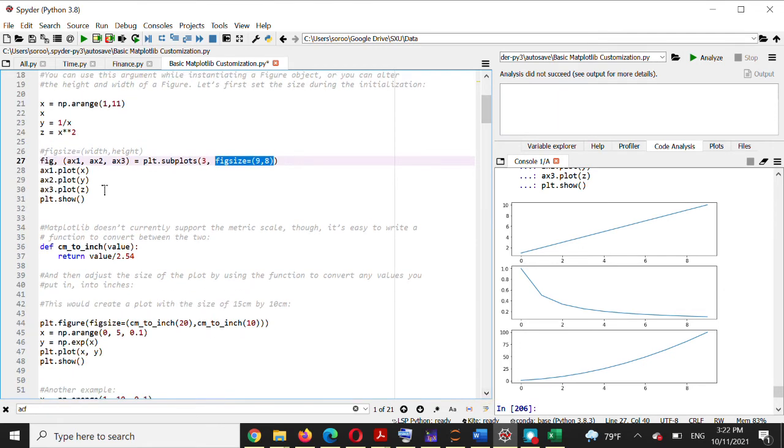Okay, sometimes maybe some people are not very comfortable using inches. They want centimeters. If you want that, Matplotlib unfortunately does not currently support the metric scale, which is funny because the only country that uses inches is the United States. The rest of the world, they use centimeters. However, it's easy to write a